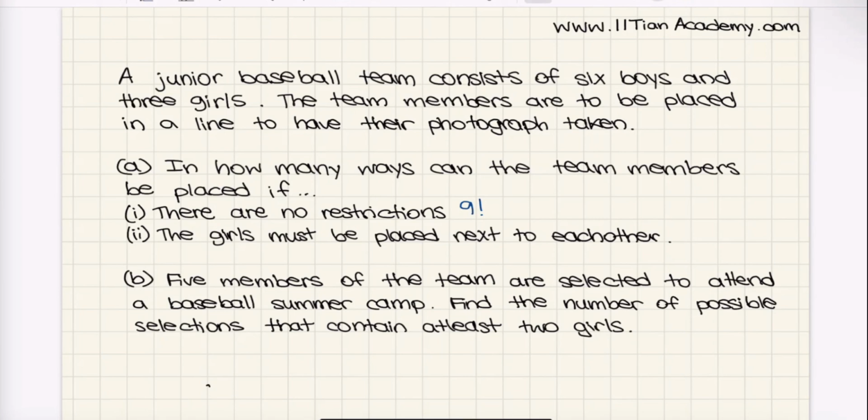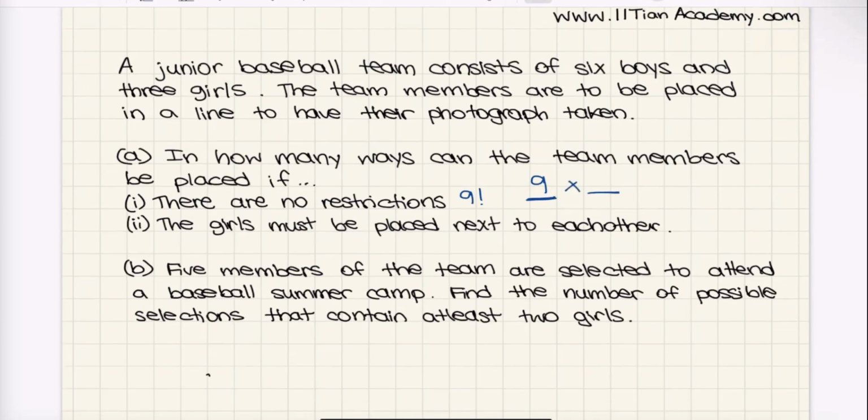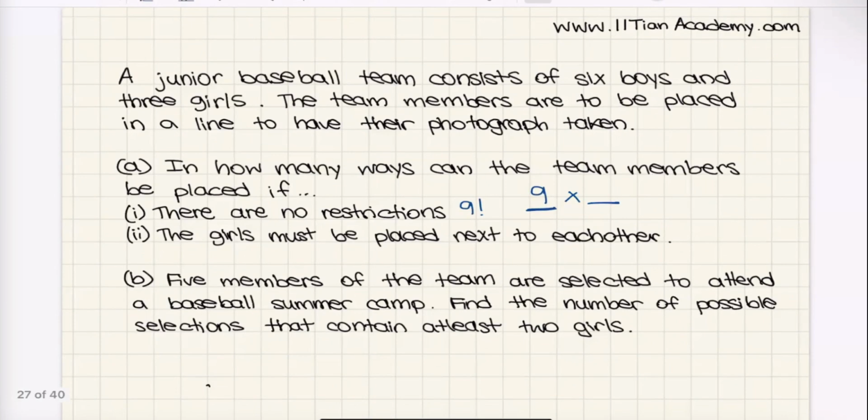And the thing is, the first person who's going to be placed, there's 9 possible options. It could be any of the 3 girls, or any of the 6 boys. So there's 9 options. Once someone's already stood in that first position, though, now how many people could be standing in the second position? Well, any of the remaining 8 people, anyone except for the person who stood in the first position. So there's 8 possibilities. And then how many for the third position in this line? Well, 7 people, because it can't be the first person or the second person. So there's 7 people left, and so on until at the very end it just gets to times 6,